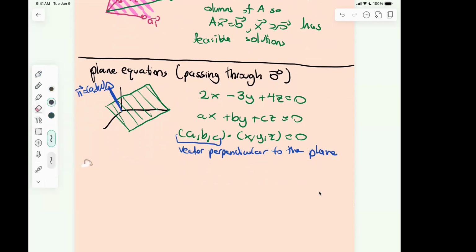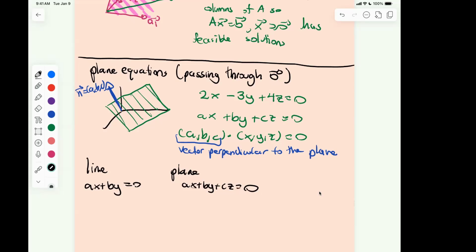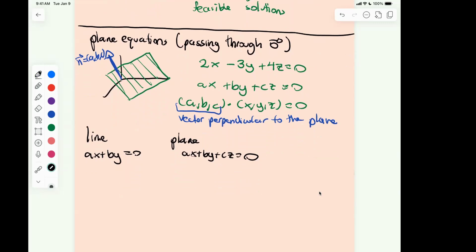Here is one way to think about it. A line is something like ax plus by equals 0, just because they all pass through the origin, because we're in linear algebra. A plane is something like ax plus by plus cz equals 0. And then if you keep going, of course, you want to improve the notation, but then you call that a hyperplane. So a hyperplane is something like n1 x1 plus n2 x2 plus n3 x3 plus